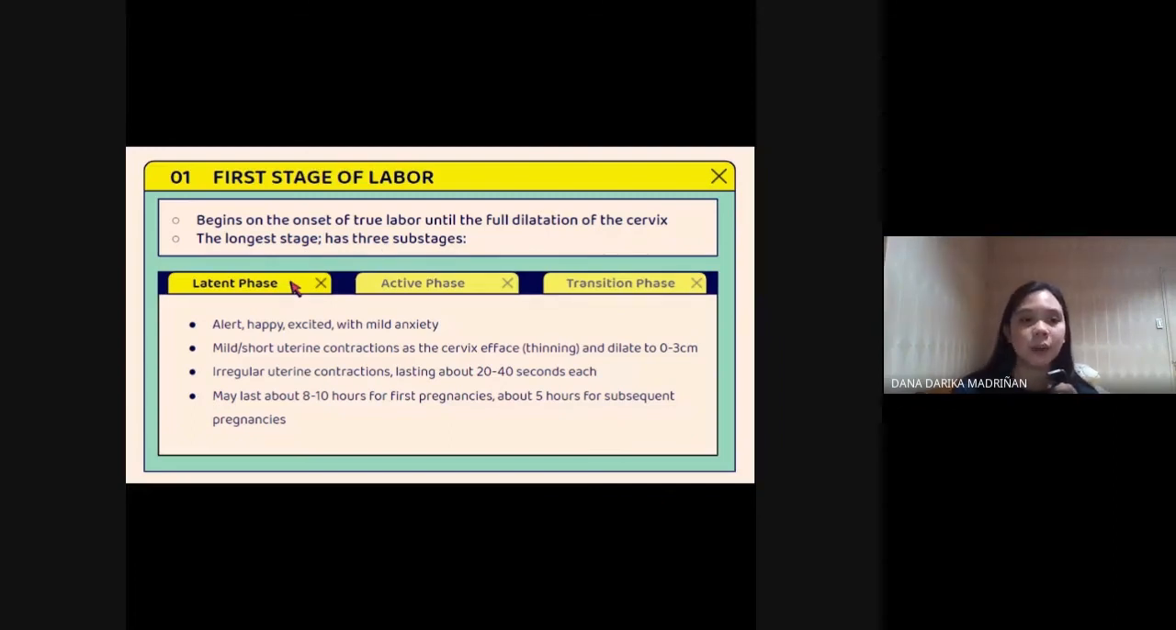So first, the latent phase or the early phase, during this phase po ng labor, hindi pa po masyadong kinakabahan po si mommy. In fact, napaka-excited po niyang manganak. Dito rin po kasi nangyayari ang mga mild and short uterine contractions po, meaning tolerable pa po ang mga hilab na mararanasan po nila. Ito po ay nangyayari dahil nga po nagsisimulang numipis at lumaki po ang cervix up to